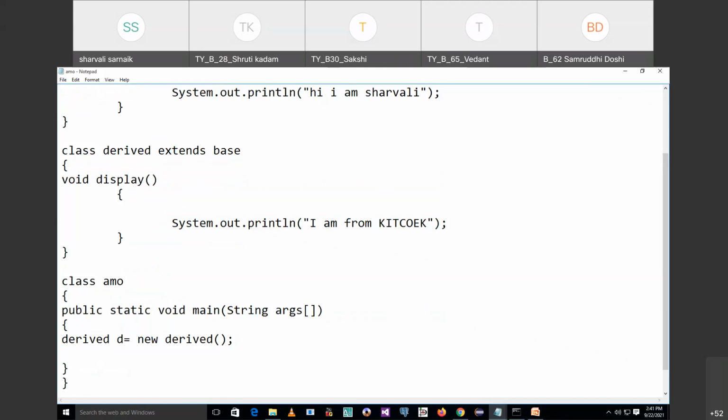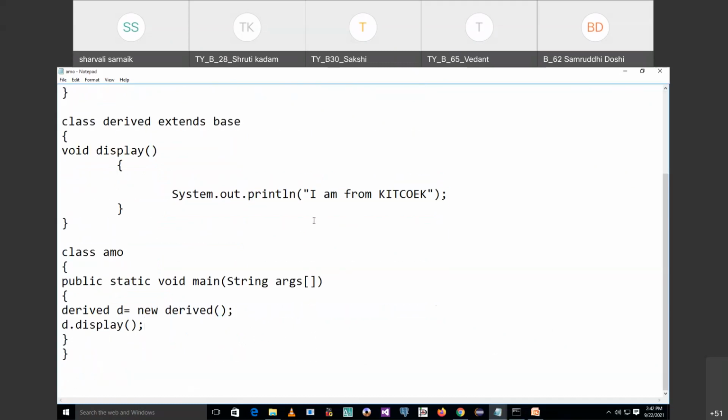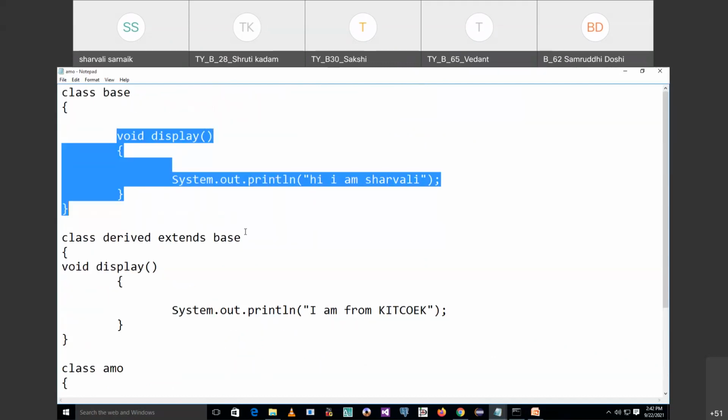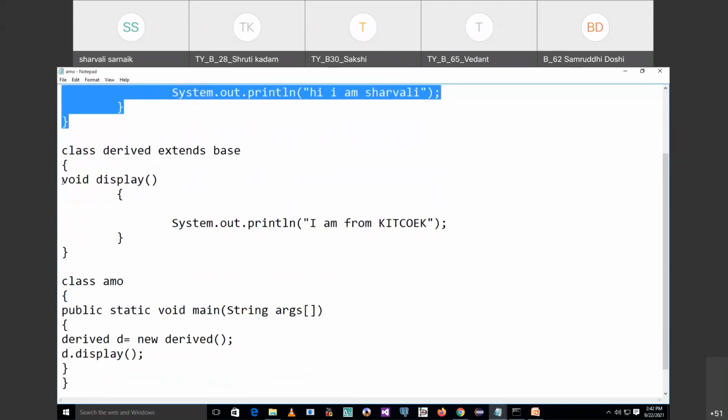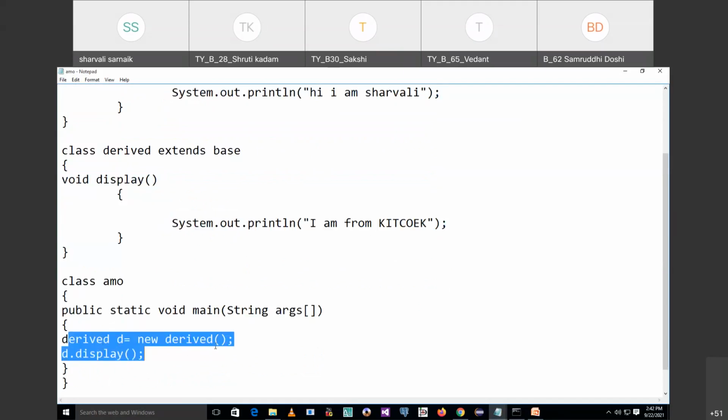And with the help of that derived class object, I have given a call to the display function. Okay. D.display. Now tell me, will there be any errors, or will it run without error? What I did in base class, I have defined a function called void display. In derived class also, I have defined a function void display. And I have created an object of derived class.